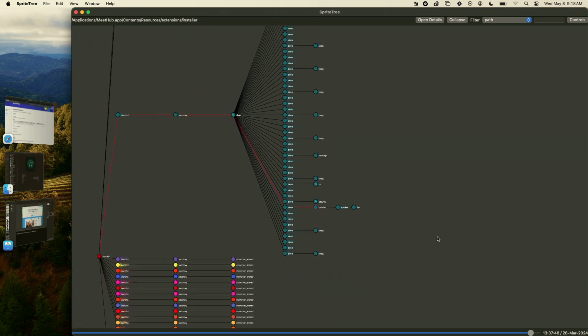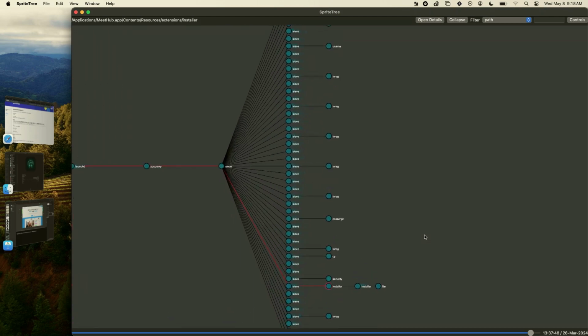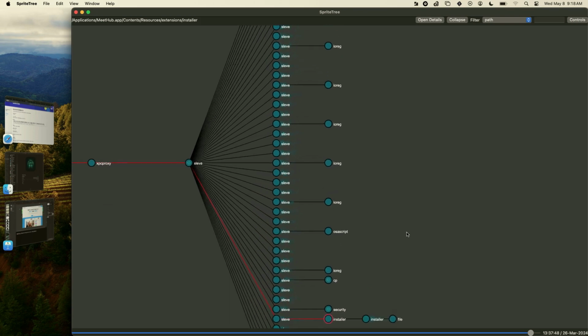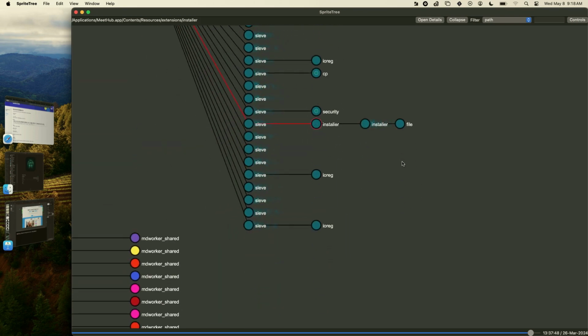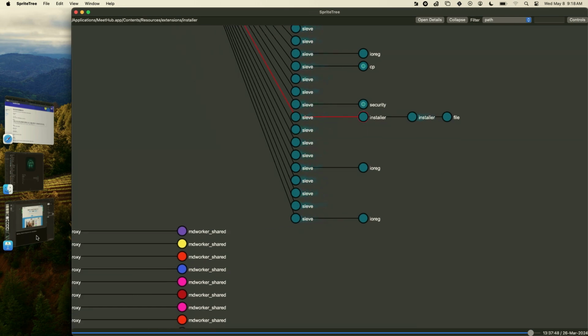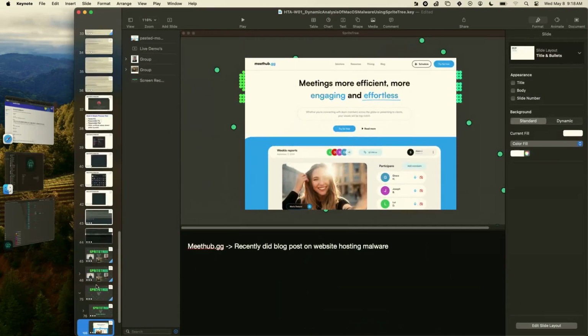So that's just an example of doing this analysis on a very recent and still active piece of malware. This was not Atomic Stealer, which is a big threat in the macOS world right now. This is something slightly different, but still a very interesting use case.